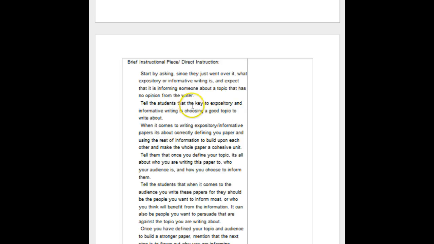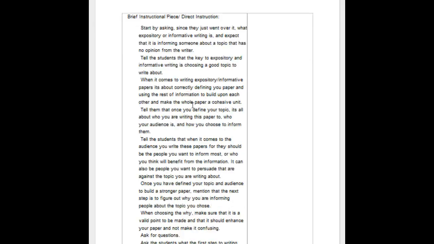Just the tiniest little tweak here. You might want to say one of the important things is choosing a good topic to write about, right? Because otherwise kids will think, I chose a good topic, therefore I earn an A, right? You gotta be thinking about the adolescent mindset, okay? And then I love that you acknowledge that they should be talking about audience and think about audience.